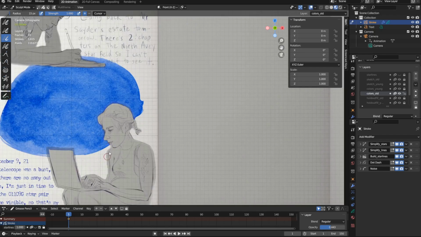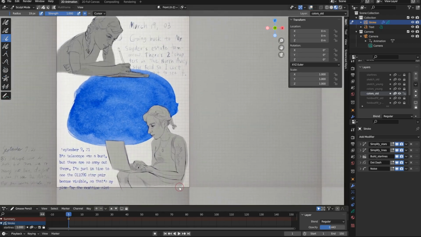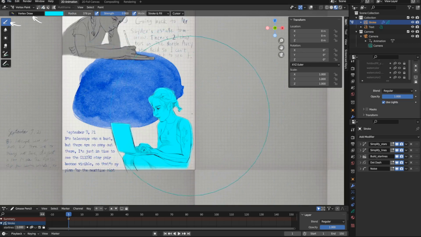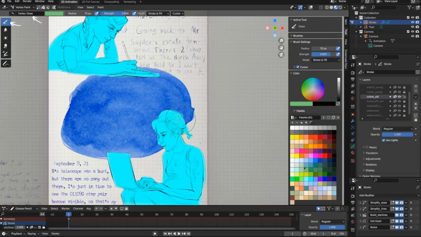I won't go on too long about this because I am already exploring an even newer method, which looks really promising. So I'll definitely be sharing more about this in the future. This is just how my method looked when I made this piece. Here, I'm using Vertex Paint Mode to recolor this base using the Paint tool.